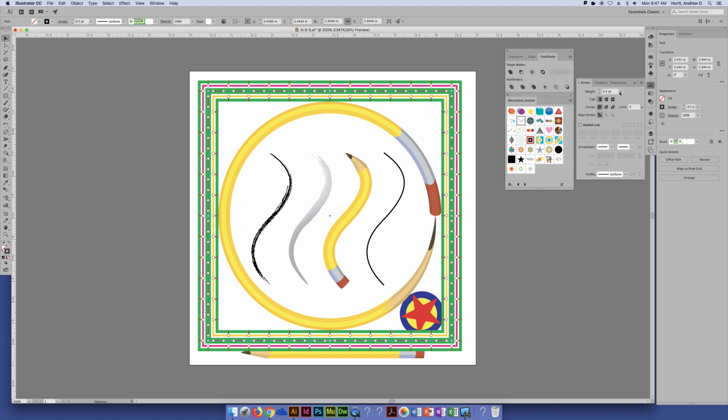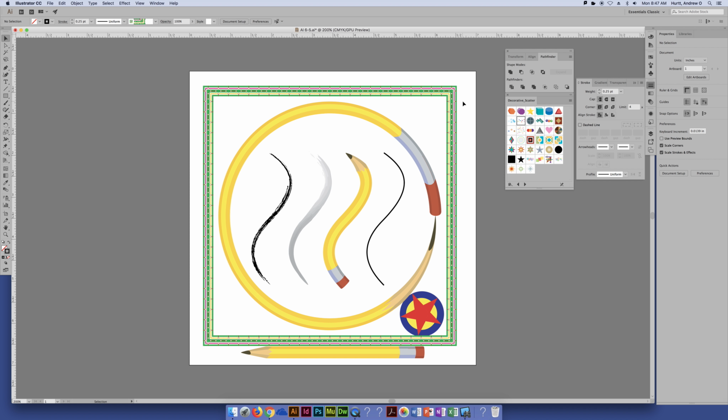You know, if you wanted to adjust these down to where they're not so giant. Like a lot of the calligraphic brushes and some of the art brushes, you'll need to bring them down a little bit because when you first apply them, like this one in the beginning, they can be super, super large. So that's the basics of creating